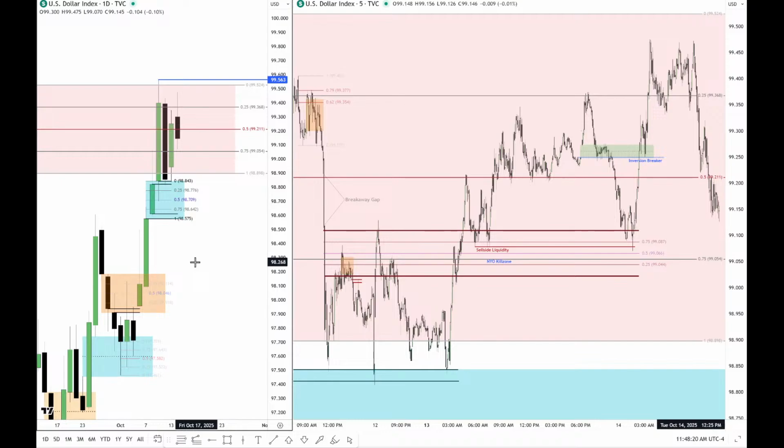And then we'd probably get things done. But there's so many things going on. It is very difficult to just lean on the dollar index because the dollar index is not doing anything that you would expect it to do right now, given the climate, given the technicals of everything else that's going on in the marketplace. So, anyway,